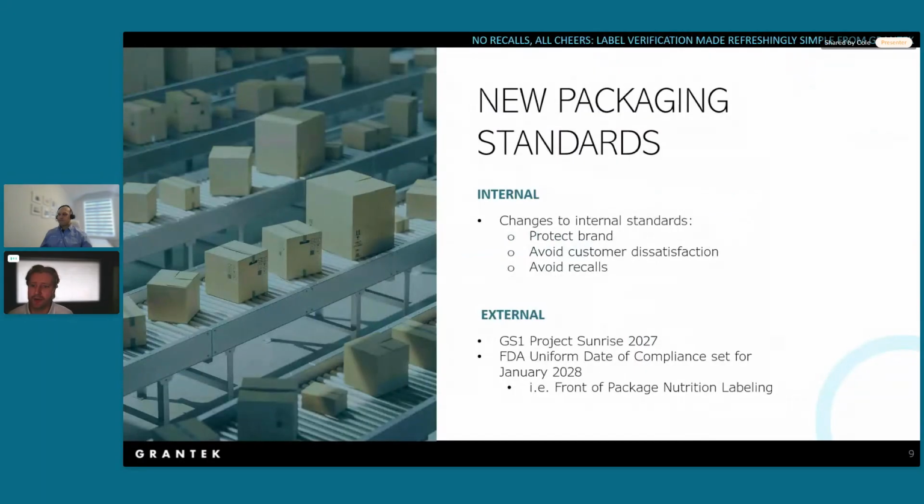Okay, so let's start with the reality of change. Packaging standards are evolving rapidly, driven both by internal and external factors. Internally, companies are raising their own standards to protect their brand, avoid customer dissatisfaction, and prevent recalls. The cost of a recall isn't just the immediate expense, but it's also the long-term brand damage that can take